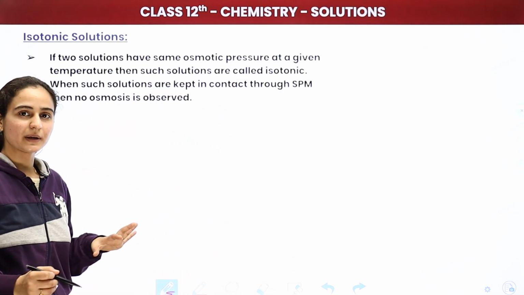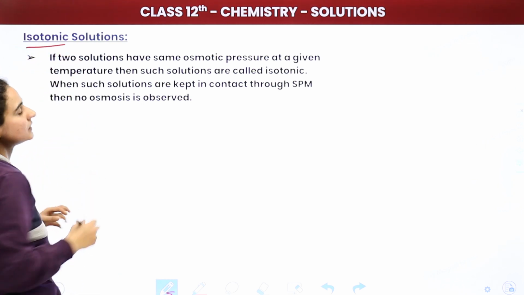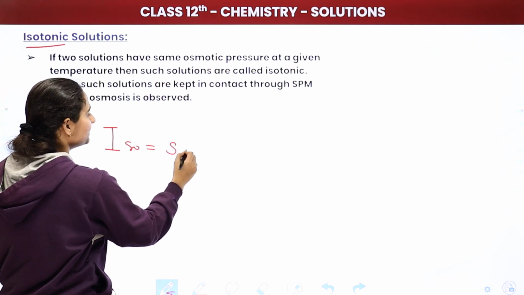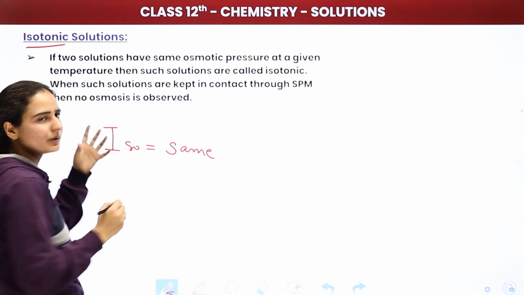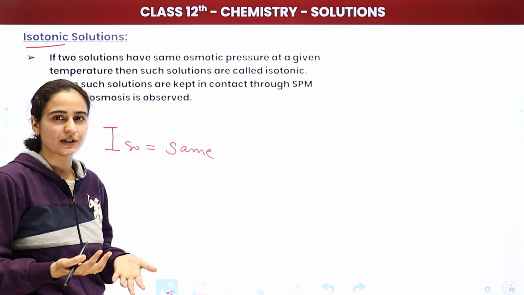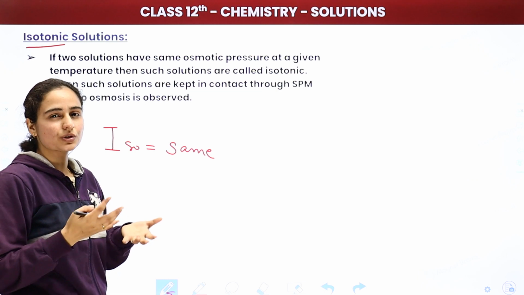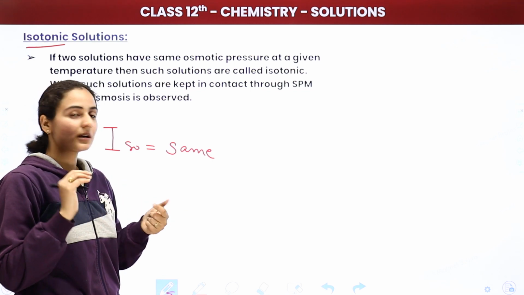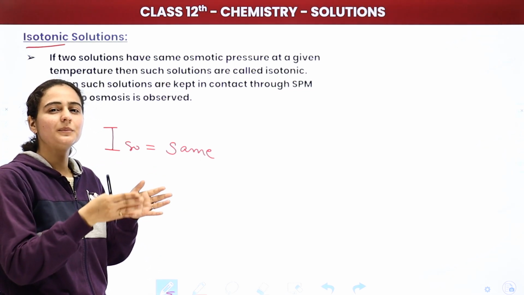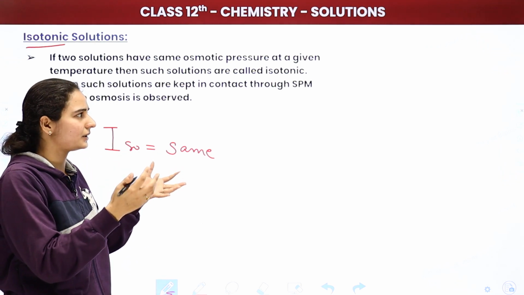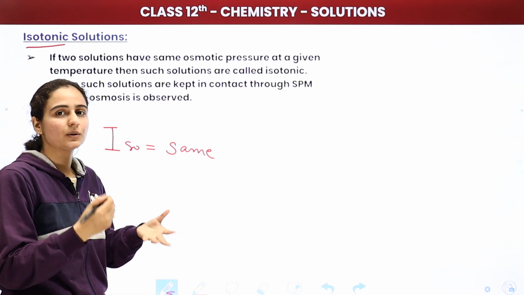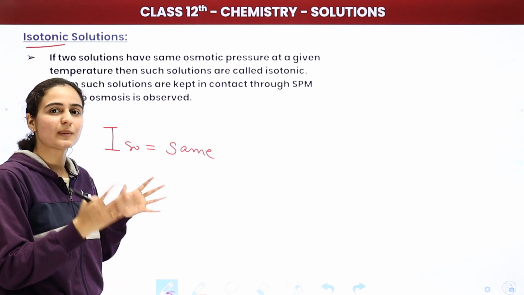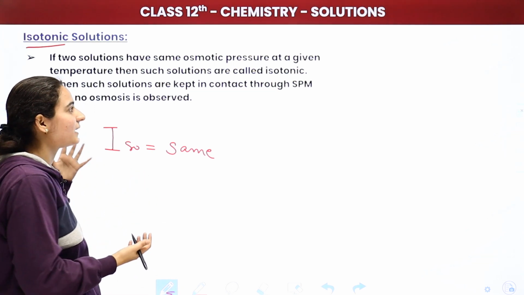Moving to the last topic, that is isotonic solutions. The word iso means same, right? And tonic represents concentration. So those solutions whose concentration is the same, whose concentration is equal. Now imagine if we put such solutions in contact through an SPM, then what will happen? Will there be any osmosis? No, right? Because the concentration in both solutions is the same, so there will be no flow